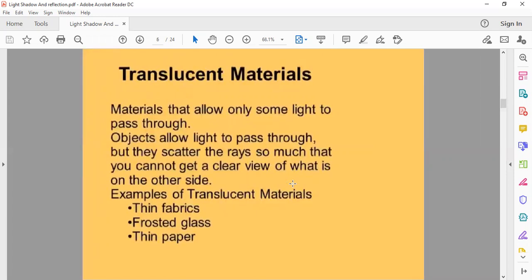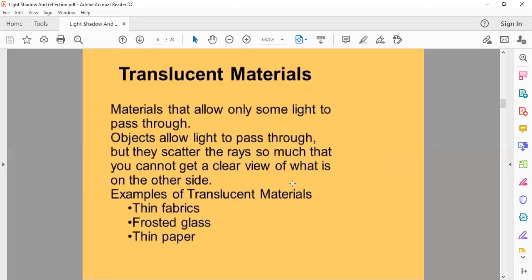Next is translucent material. These are the materials that allow only some light to pass through them, very little light, and such objects are known as translucent. Through these objects we can see, but not clearly.